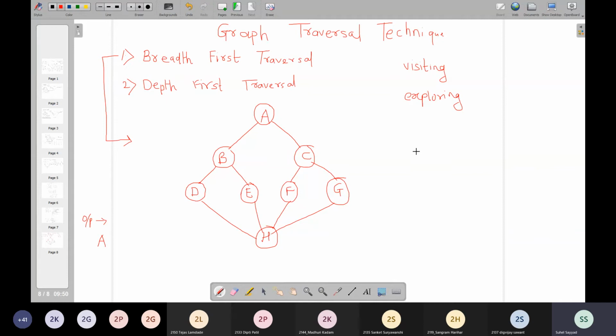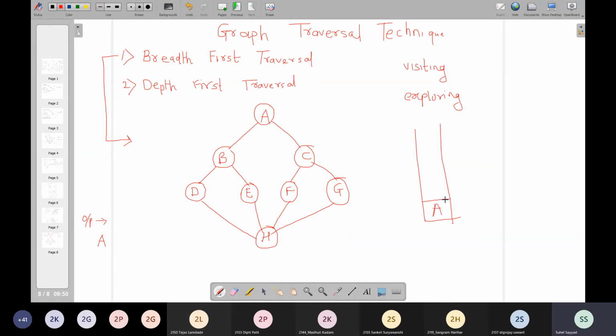So for exploring A, what do I need to do? I need to visit its adjacent vertices, right? Initially for me, A was unexplored.